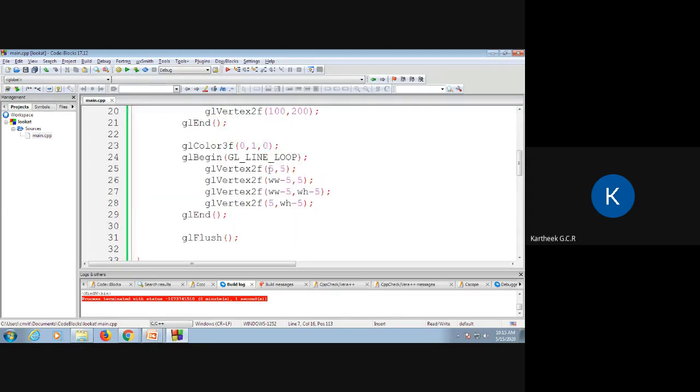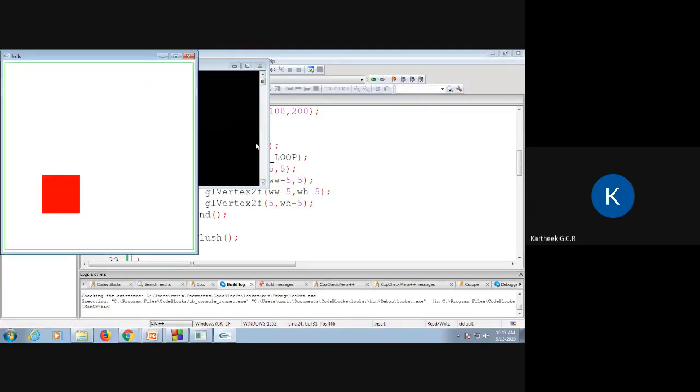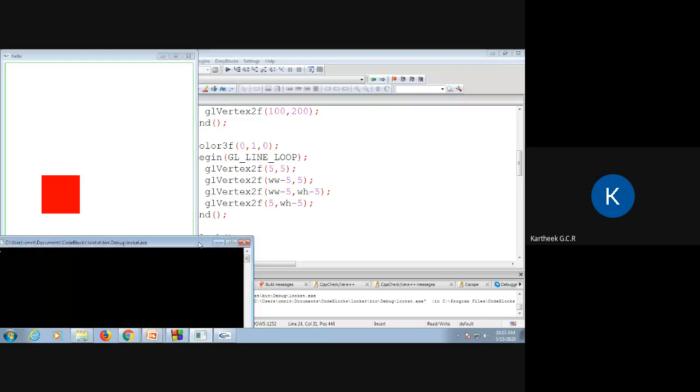So I am writing a line loop from 5 comma 5 to 495 comma 5. Here I am drawing a green line loop starting at 5 comma 5. I hope you can see the green line loop here. If you want me to change the color, let me know.